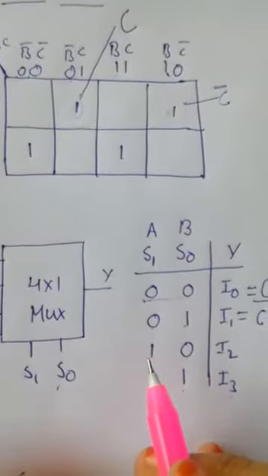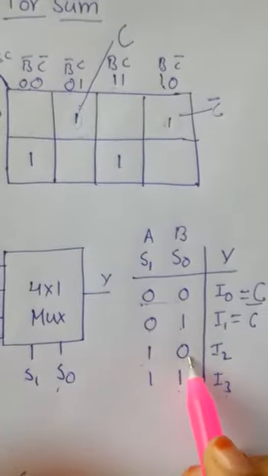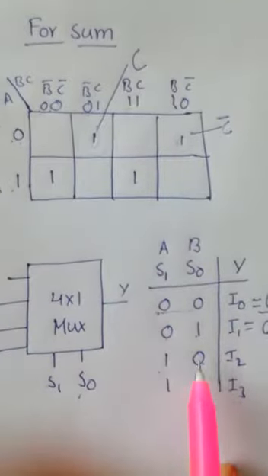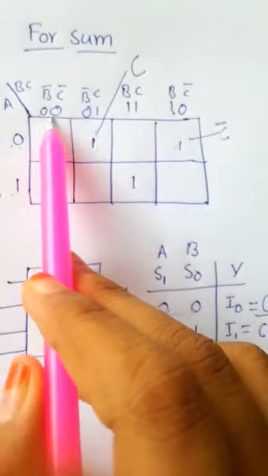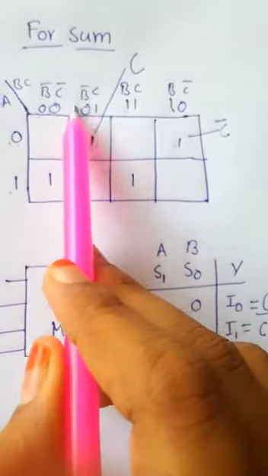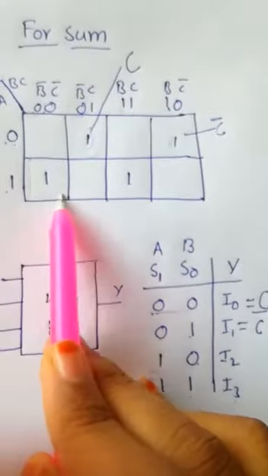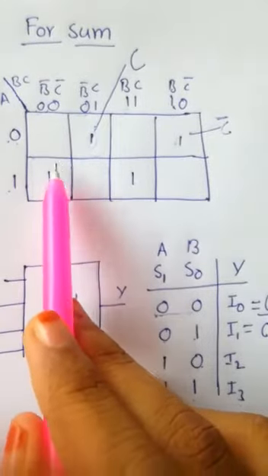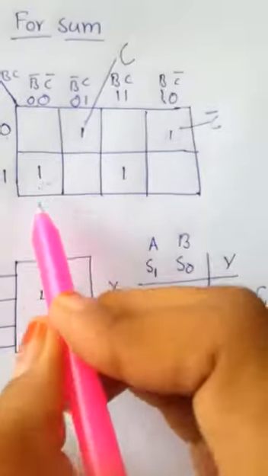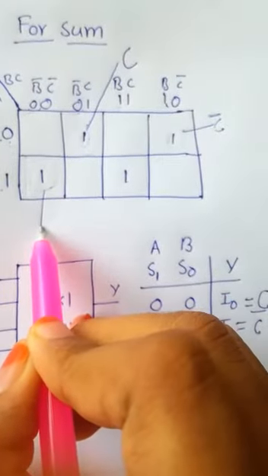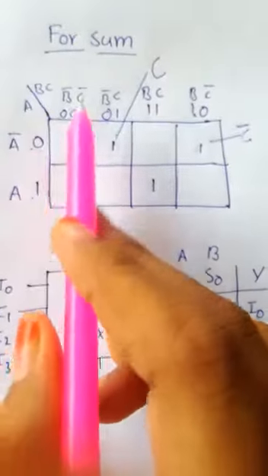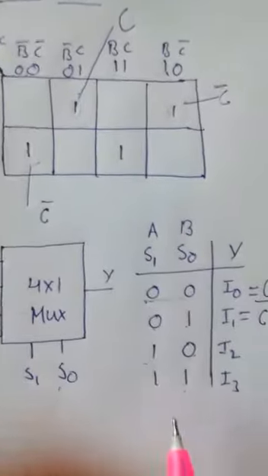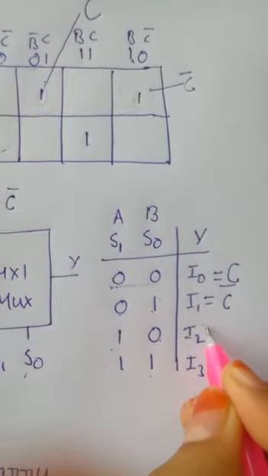And we are going to select another two selector lines, that is 1, 0, that is A is 1, that means this total box, and B as 0, that is where we are having B. Here we are having B as 0 and here we are having B as 0, that is we are going to select these two boxes and we are going to pair these boxes. We are having only one element, so we will pair only one element and we will write which is unchanged. AB we have selected constant, so here we will write C bar. And now, therefore, I2 output is